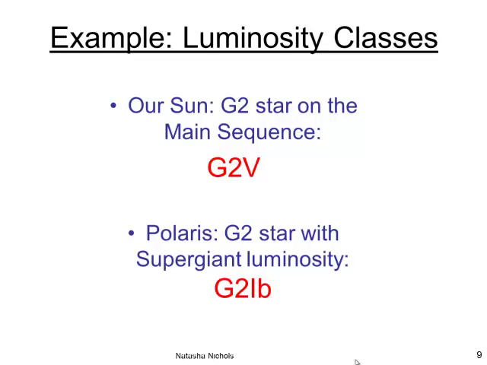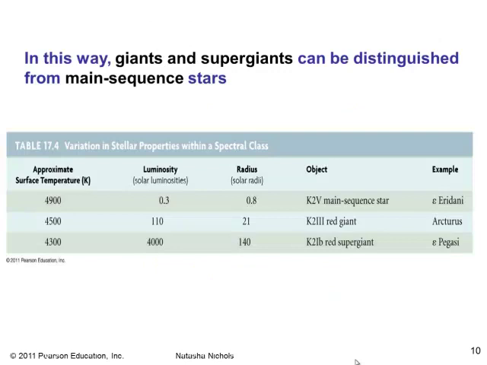So the classification for Polaris is G2 1b. So using the luminosity class, we're able to classify and distinguish the giants from the supergiants and the main sequence